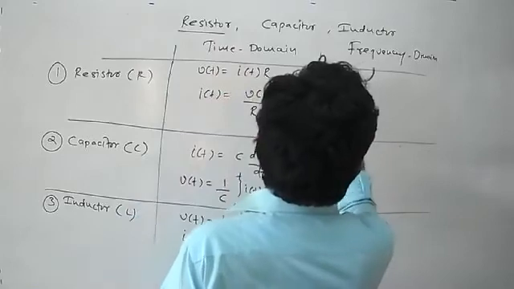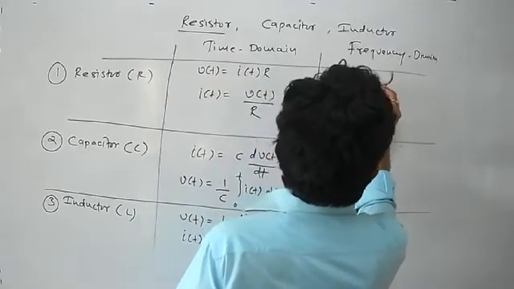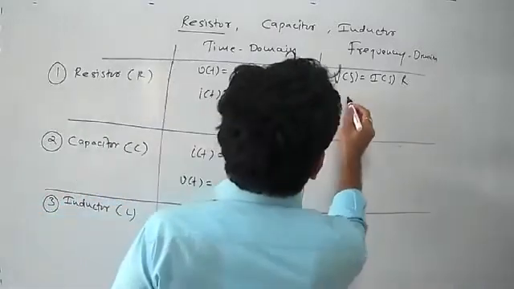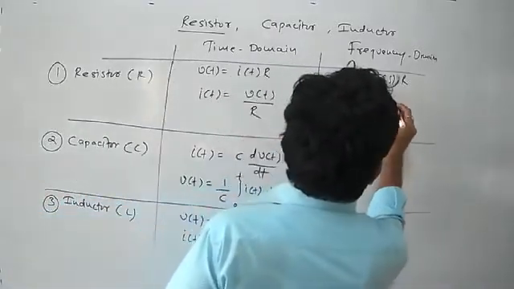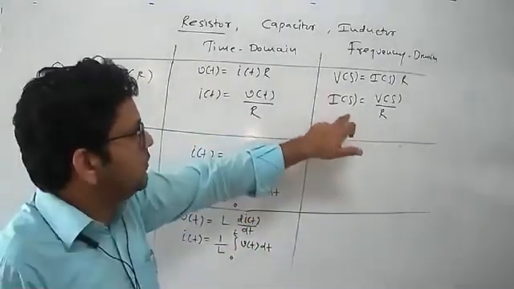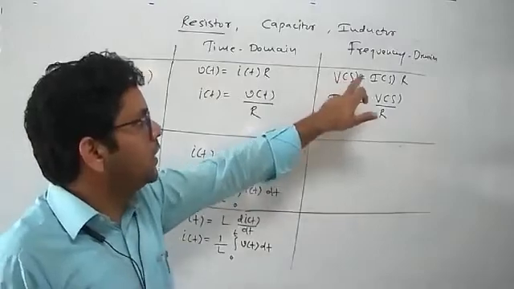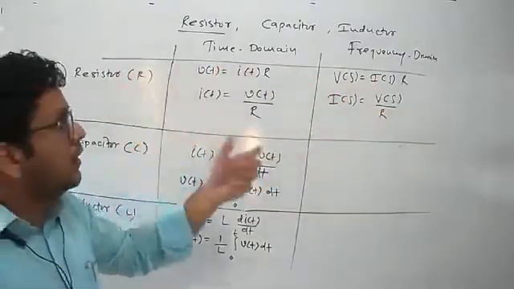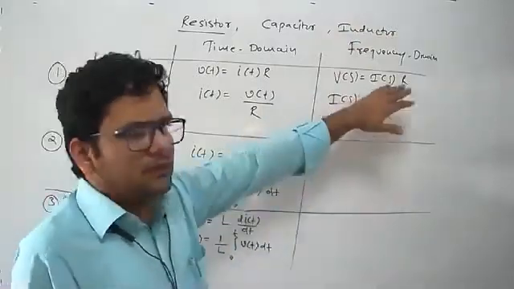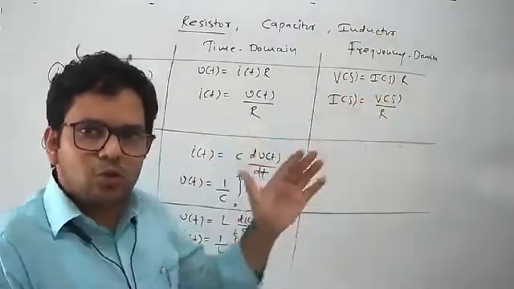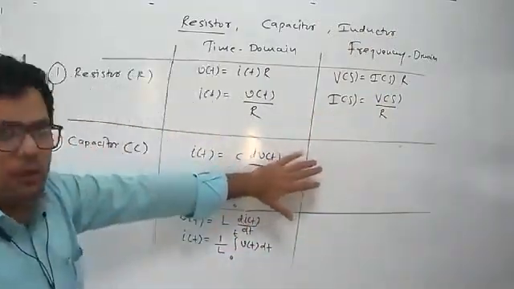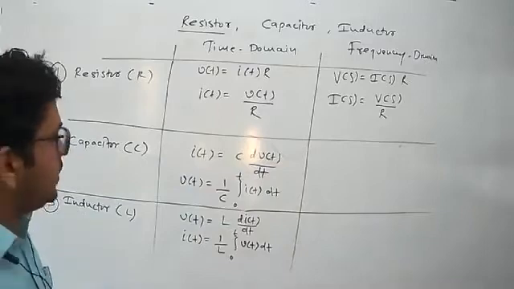So if you apply Laplace transform, here we can write v of t equals i of t into R as capital V of s, which is nothing but capital I of s into R. In the same way, this equation can be written as I of s is nothing but capital V of s whole divided by R. So these equations indicate the relationship between voltage and current in case of resistor in frequency domain by assuming all initial conditions to be 0. Because resistor does not have the flexibility to store energy, the initial condition concept will not come here, but that has to be implemented in case of capacitor and inductor.